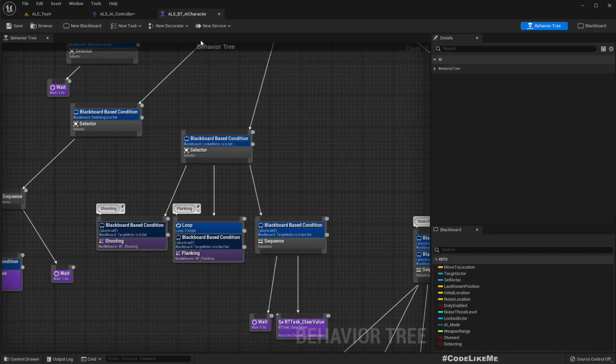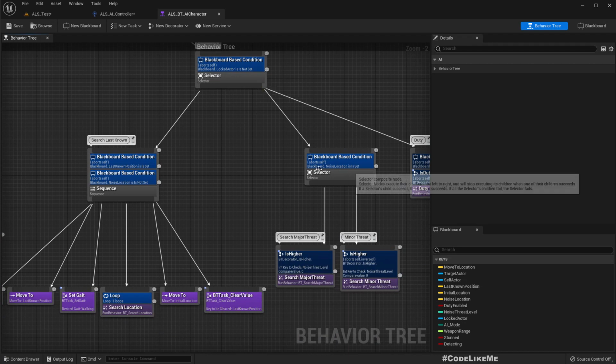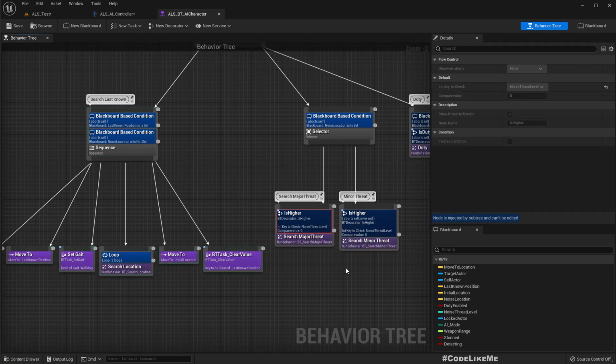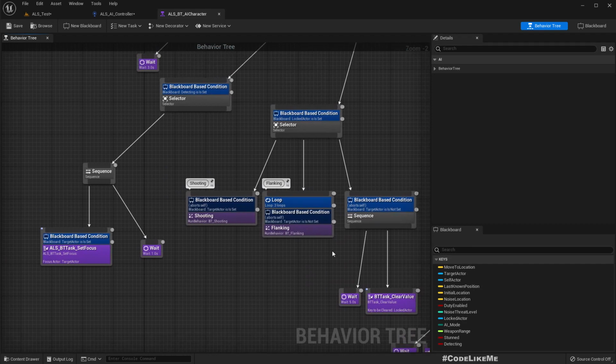Alright, so noise threat level means here, noise location is used here, and this one, major threat and minor threat. So if we get a major threat like a shooting sound or something, we can enable the alerted mode, or if we will start a fight also, we should go into the alerted mode. So right, first